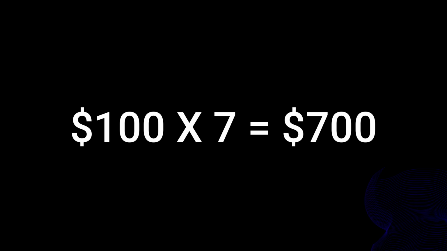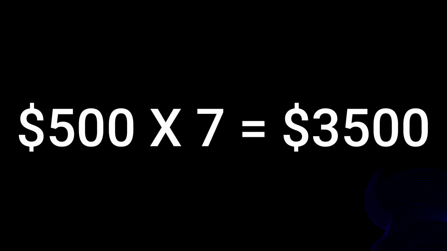So if you risk $100, you will make 700. If you risk 500 per trade, you got 7 trades, you will make 3,500 per this week. Just imagine, you risk 100 per trade, you got 7 trade opportunities, you just follow this indicator, you would make $700 this week. You risk $500 per trade, you got 7 opportunities, following the setup from the indicator, you will make